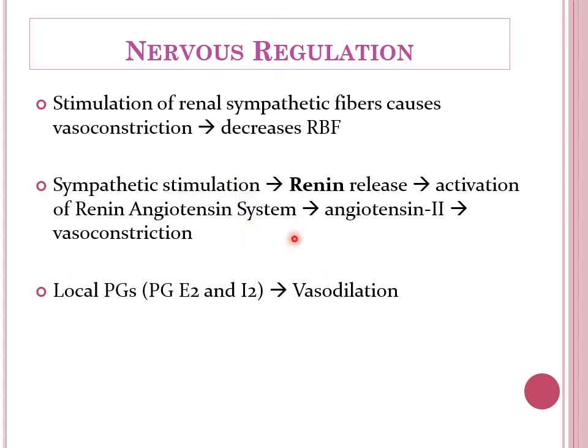Okay? And along with this system, local prostaglandins are also secreted. These local prostaglandins, like prostaglandin E2 and I2, have an opposite effect. They are doing vasodilatation. As an example, with exercise there is sympathetic stimulation that will decrease the renal blood flow, but during that, there is also release of local prostaglandins that will do the vasodilatation. So that will maintain the blood flow. Except for extreme stimulation of the sympathetic nervous system, the vasoconstriction will be nullified by the vasodilation. But if there is an extreme stimulation of the sympathetic system, then it will ultimately decrease the renal blood flow only.